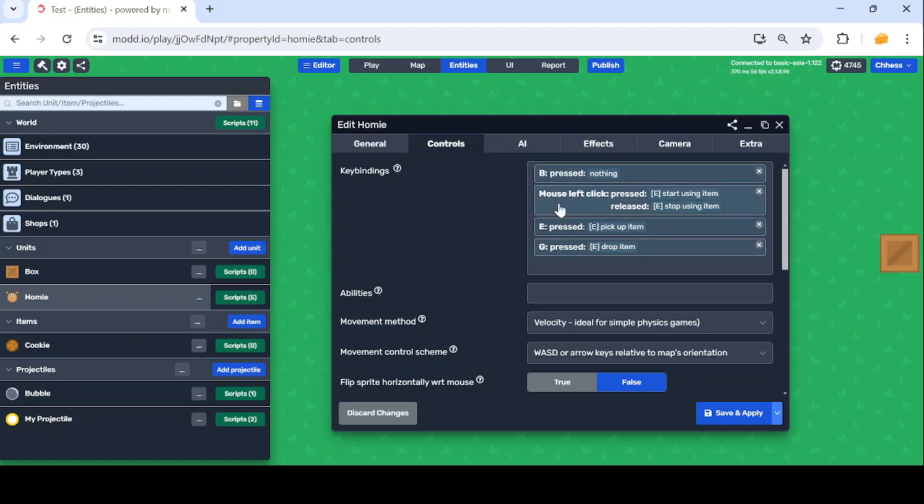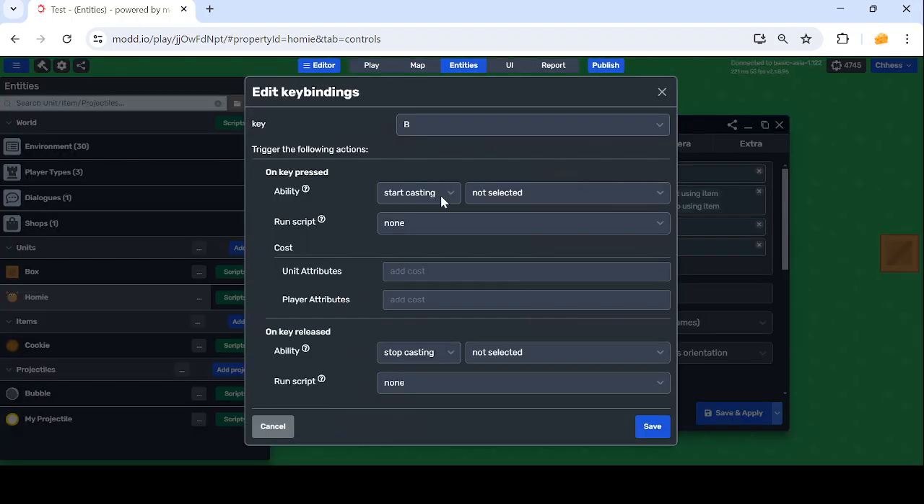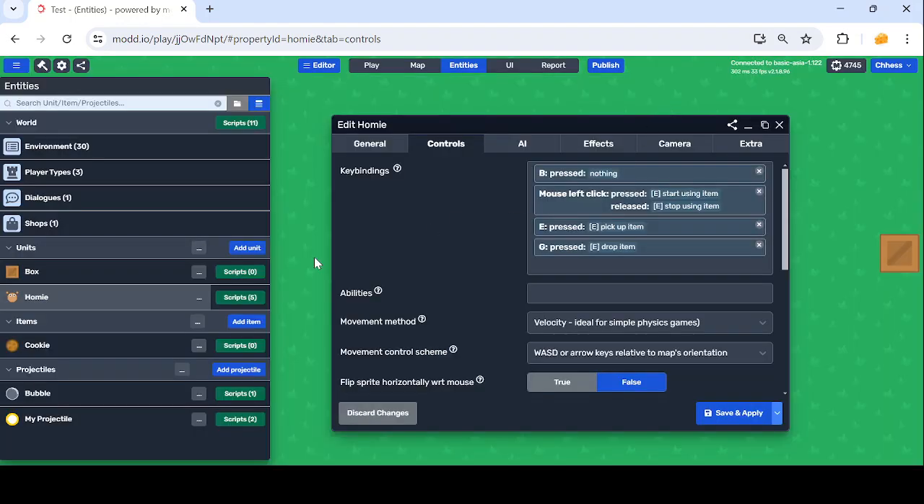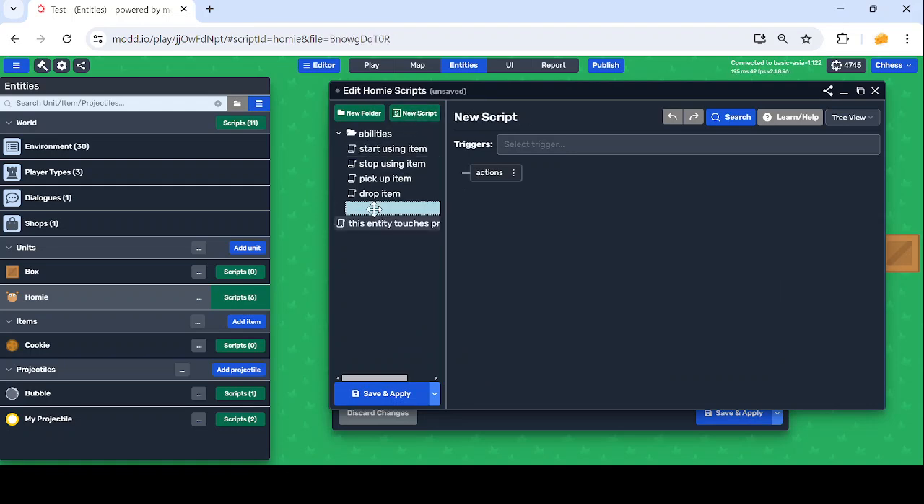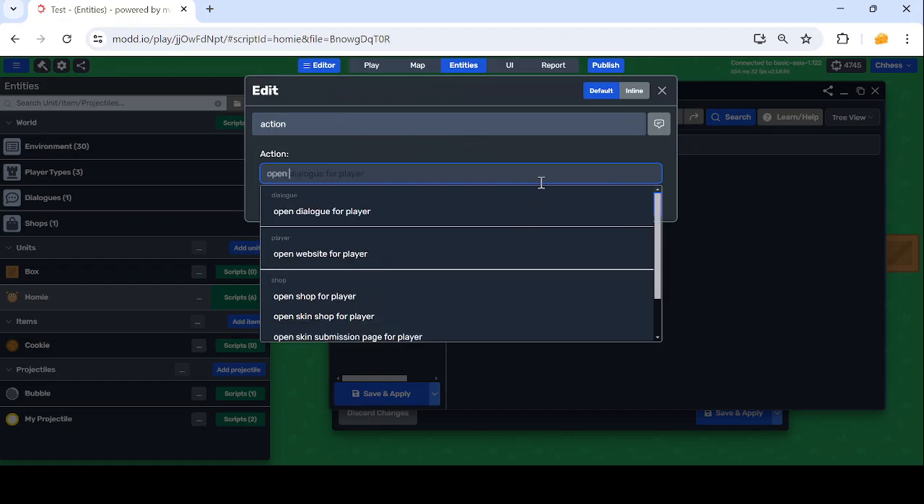So a key binding is basically a key. So let's just use this one since it's not being used anywhere. And during run script, when you press the key, let's just open a shop. So let's make a script that opens a shop. In order to do that, let's just make an entity script right here. Just press scripts, and then here we just press this, and then in the new script we just call it open shop. So then we just look for open shop, and you'll see when you press open,